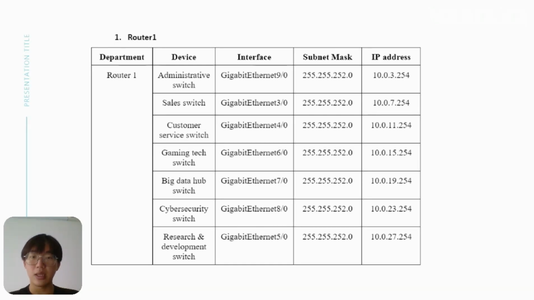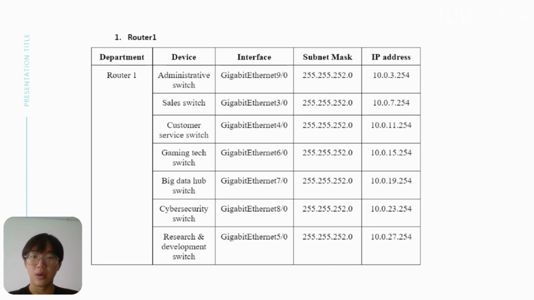Okay, let's start with the router table first. The router is a networking device that forwards data packets between computer networks. So I'm using it to connect multiple switches together, which is the device column here. For the interface of the router, I'm using the gigabit ethernet to connect between the switch and router. The subnet mask of the intermediary device will be the same as explained by my teammate before, which is